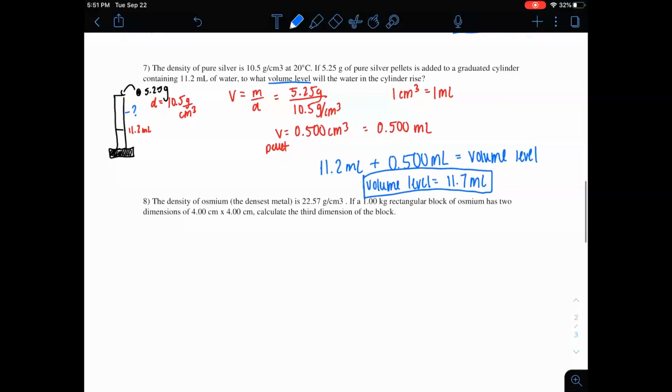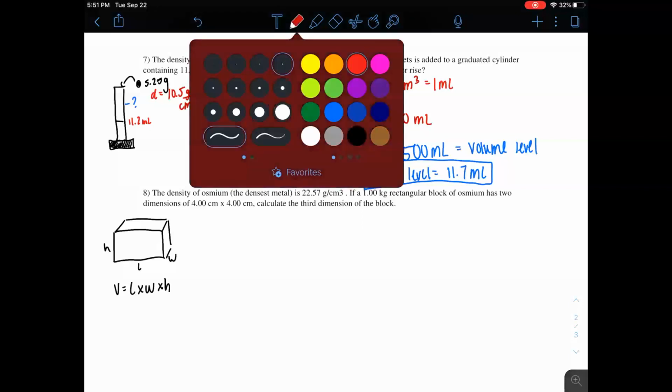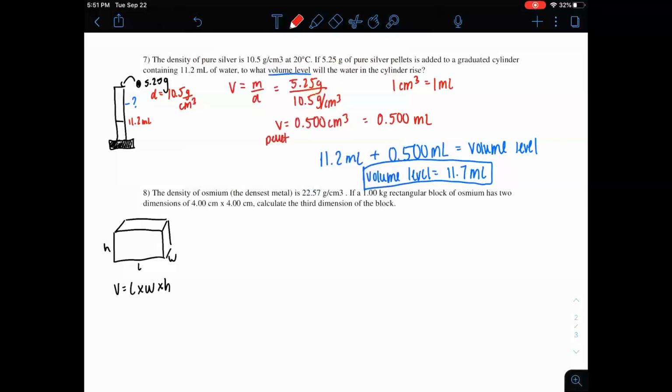All right, final question here, number 8. The density of osmium is given to us. It's got a rectangular block with 2 dimensions. Calculate the third dimension. So again, we're dealing with a rectangular box. I'm going to draw my rectangle. I've got my height, length, and width. I know my volume is going to be length times width times height. I'm also given 2 of those already, 4 and 4, and I'm given my density